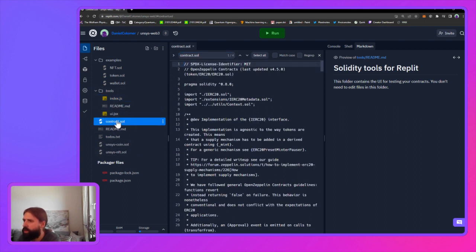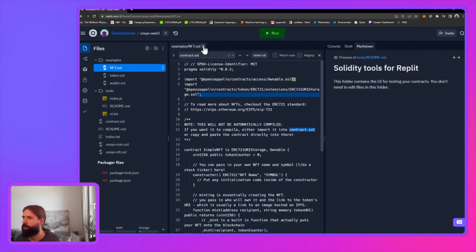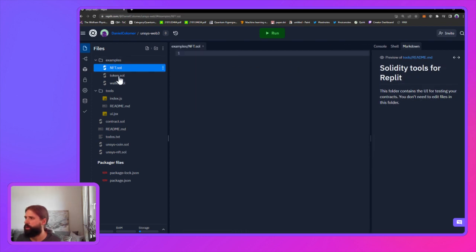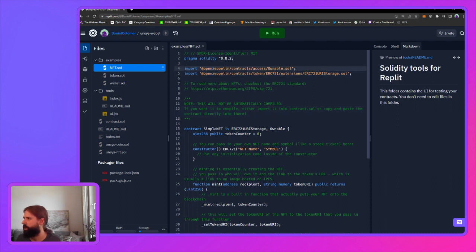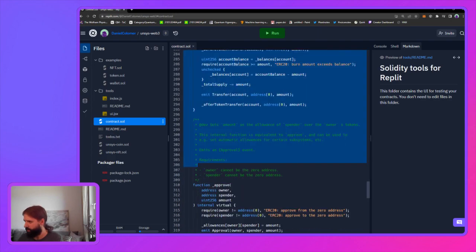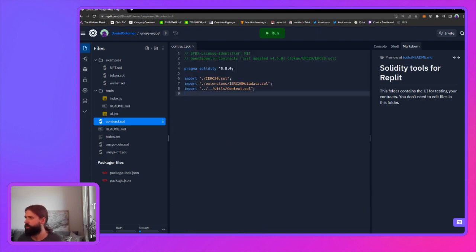Can I just say, for example, import, right? From here, just delete everything. Can I just use that to just say import, for example, coin.sol